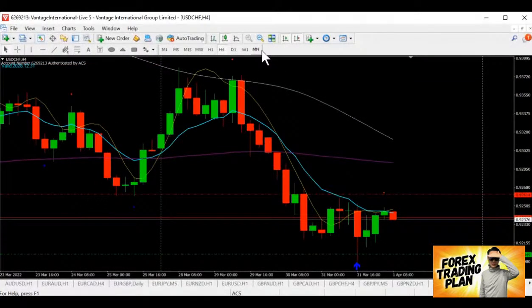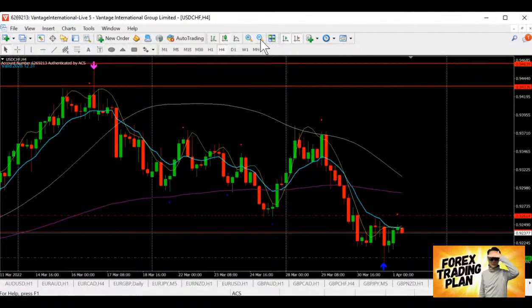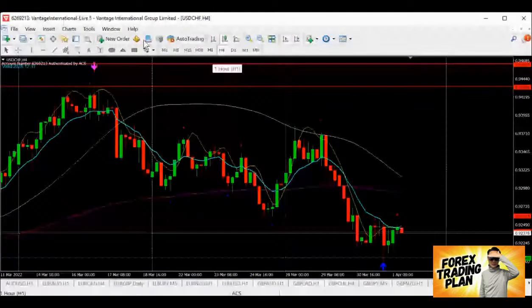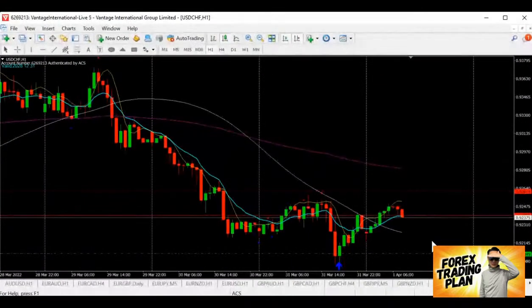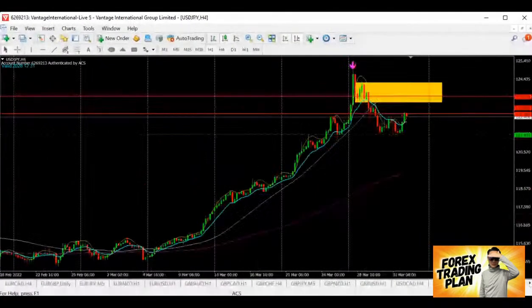Buying signal is there. However, I will still say that the selling signal is also there. Both ways. So that means to say there may be a very huge turbulence in this area. There may be ranging sideways. It can go down and can go up again in this area. So in this case, I'm going to skip dollar franc before I get myself into trouble.